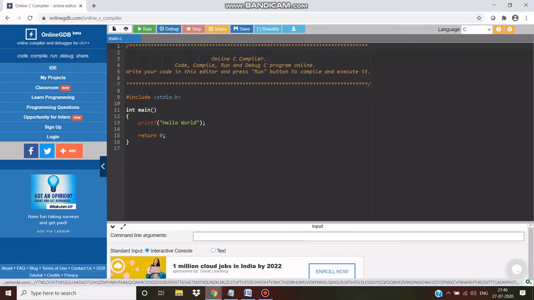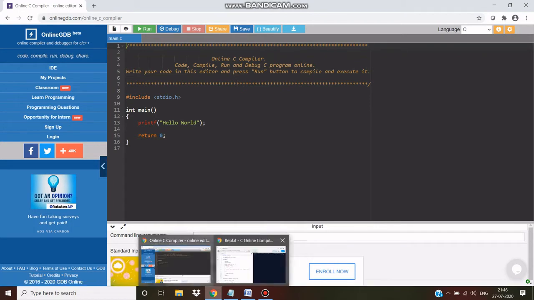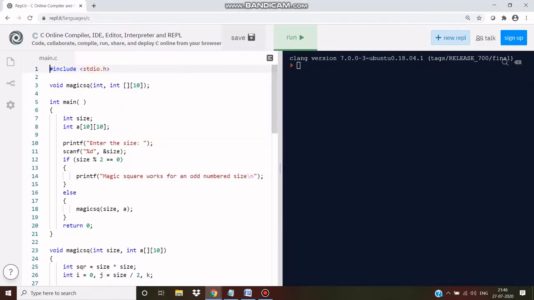You can use anything. Now I have entered the program and kept it ready. Here is a C program, and you have a save button and a run button here. This is a command prompt. If you run the program, you will be able to see the output here.